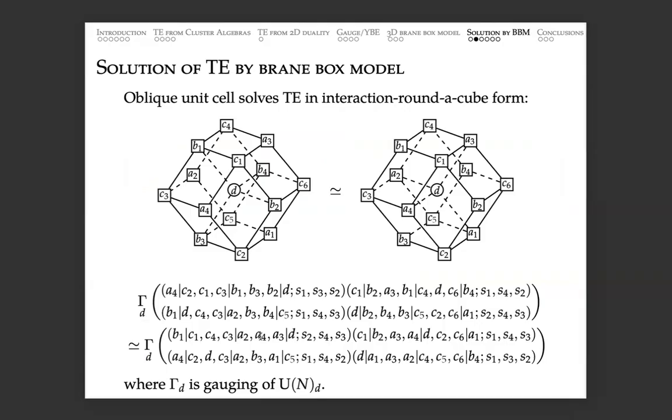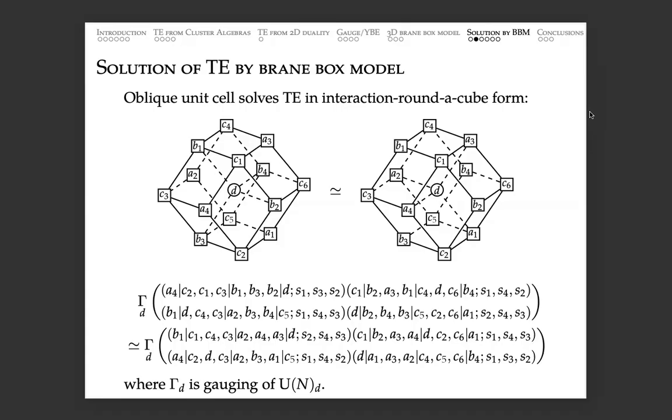But now, what you find when you plug this into the tetrahedron equation is the following. The picture I show here is another form of the tetrahedron equation, which is appropriate for the theory I'm considering. I'm considering something called an interaction-round-the-cube model, where the spin variables are located inside the regions of the three-dimensional lattice,